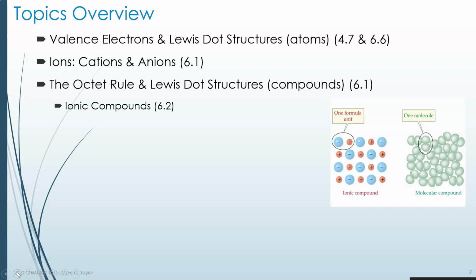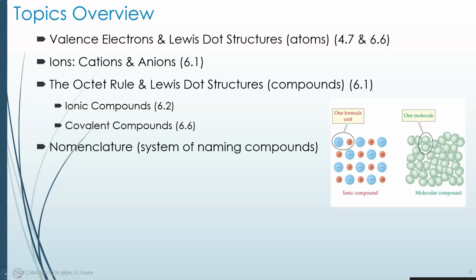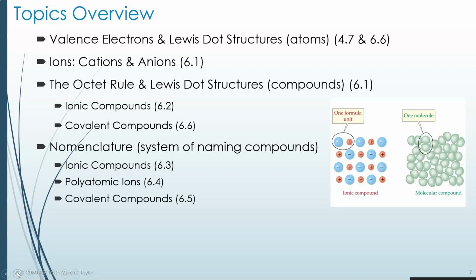So we'll talk about the nature of ionic compounds and covalent compounds, also known as molecular compounds. We'll also talk about how to name these compounds. The systematic method of naming anything is called nomenclature. So we'll be talking about the nomenclature of ionic compounds, the nomenclature of polyatomic ions, which are a part of many ionic compounds, and then we'll talk about a separate set of rules for the nomenclature of covalent compounds or